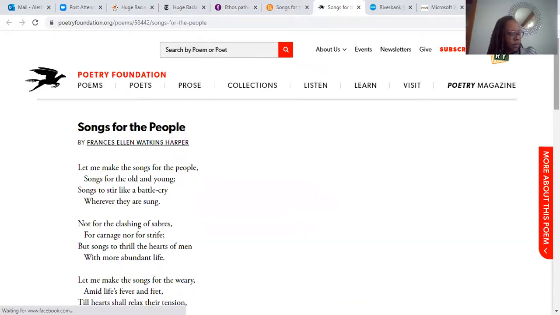Mm-hmm. And I kind of took that as, they say that this poem was published in 1895. It's what it said it was published, and like 20 years before that, a couple years before that, slavery was abolished and the Civil War ended. So I just feel like she's been in the North, and she's been living as a free